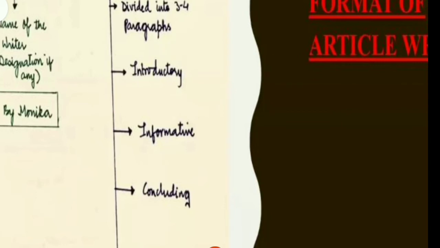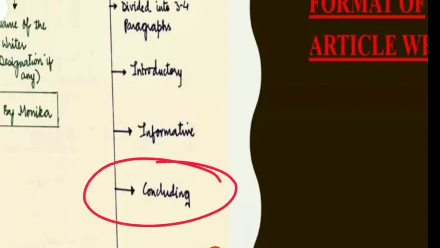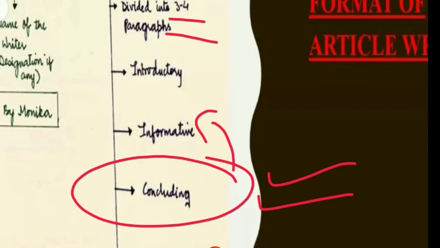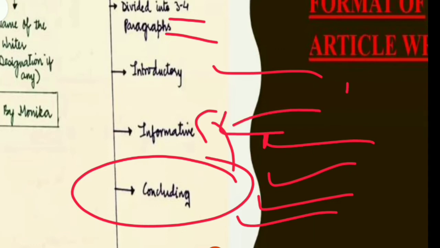At last, you are going to conclude the paragraph. In the concluding paragraph, you should mention solution to the problems that you have mentioned in second or third paragraph. Keep in mind that ideally there should be 3 paragraphs: intro, information regarding the topic, and conclusion. But if you wish, you can segregate this part into different paragraphs. You can take 1, 2, 3 paragraphs as well, but keep in mind the word limit as well.